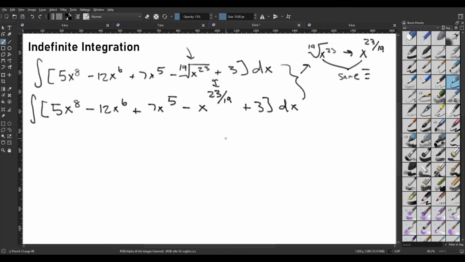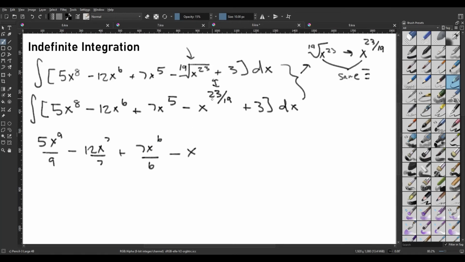And so from here, we can just find our antiderivatives. I'm not going to write the rule again because I know at this point we should all be familiar with that. And a cool thing with indefinite integration, you probably noticed in the last problem, we don't have to write out the brackets and put the limits because there are none. We can just find the antiderivatives and do whatever with them. So the antiderivative of 5x to the 8th, our first term here, is going to be 5x to the 9th over 9. Second term, negative 12x to the 7th over 7 plus 7x to the 6th over 6 minus x,